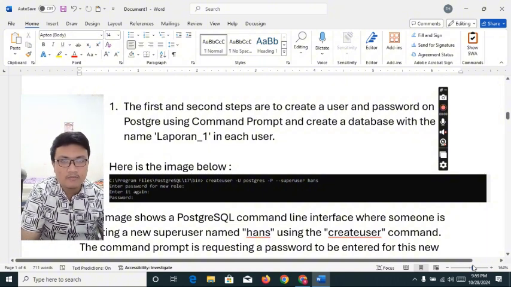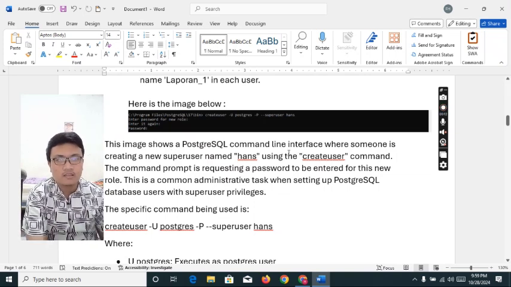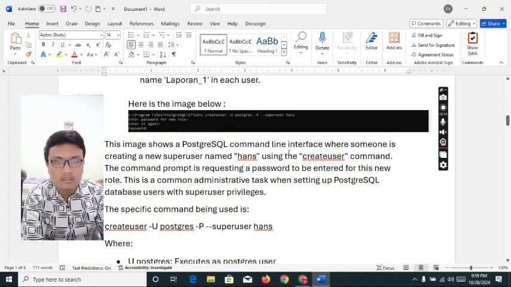This image shows a PostgreSQL command line interface where someone is creating a new superuser named Hans using the create user command.